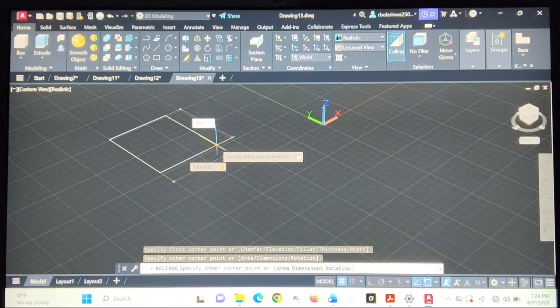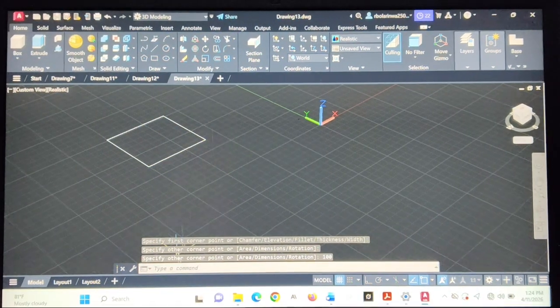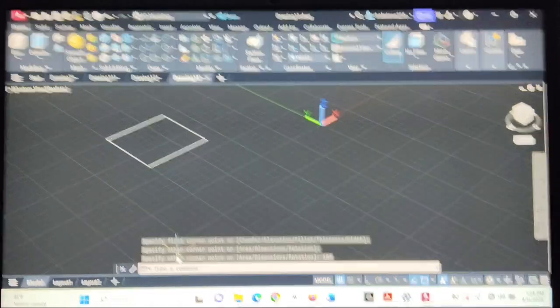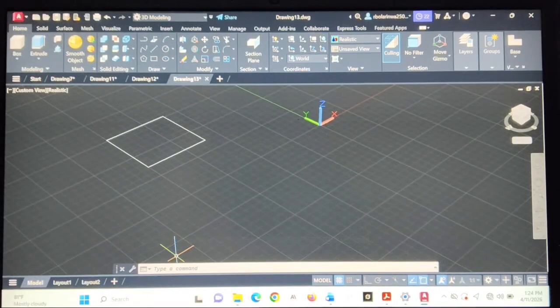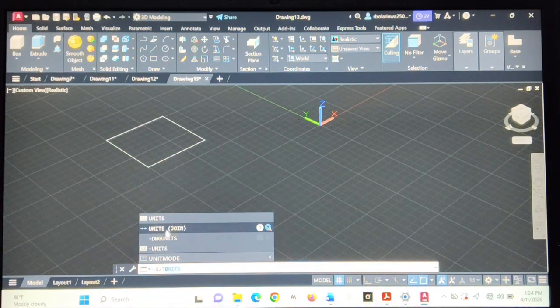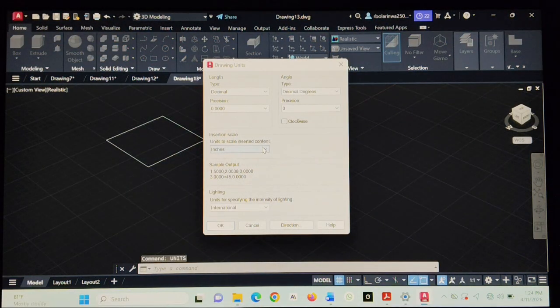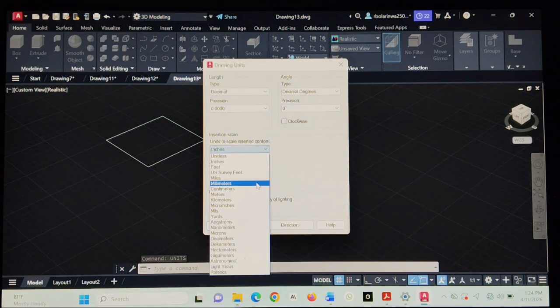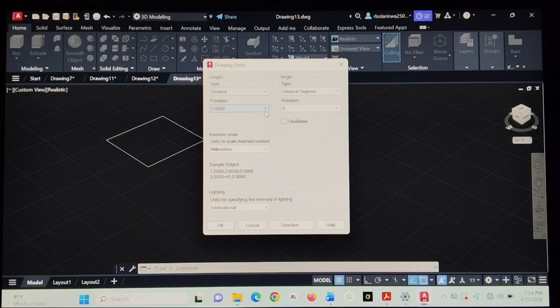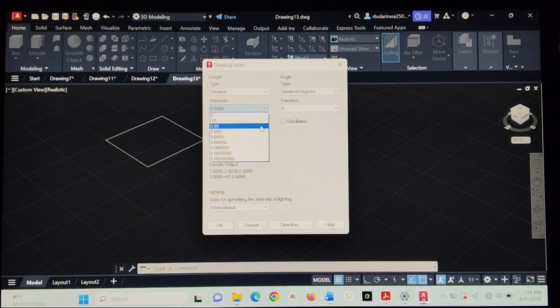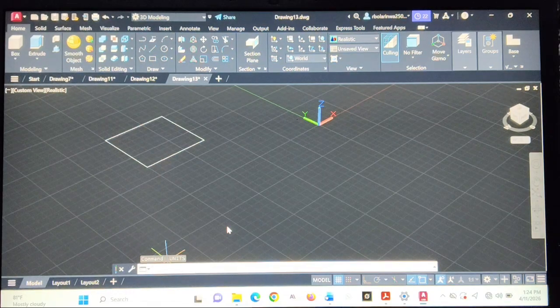By 100. Oh, and please don't forget, before you start doing anything in AutoCAD, you must specify your units in millimeters or whatever units you are using. So apparently it's in inches, but I want it in millimeters and a precision to 2 decimals because I don't like too many decimals. So